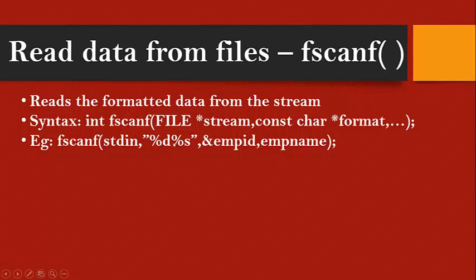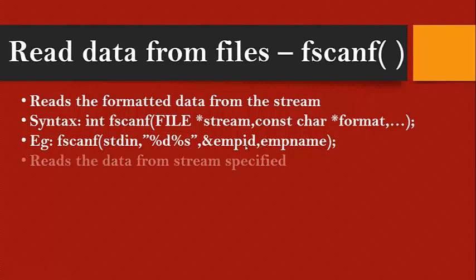In order to get the type of information, you have to specify the character format, and every character format will be identified with the help of the list of variables. That is why I put a comma. For the number of pieces of information you are trying to get, the information should be specified with the character format followed by a comma, and then you list out the variables for which you are trying to get the information.